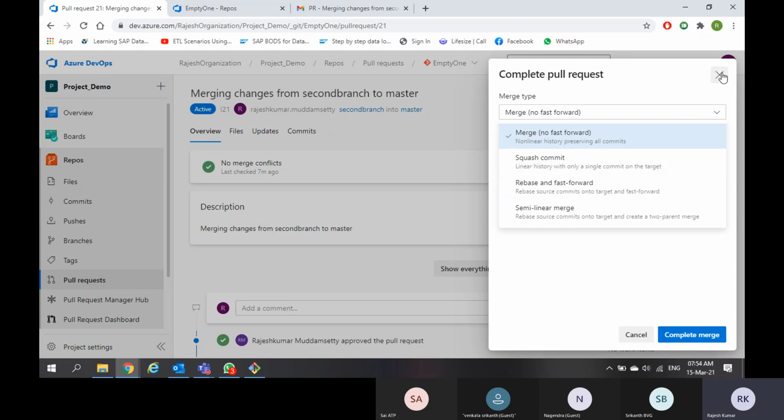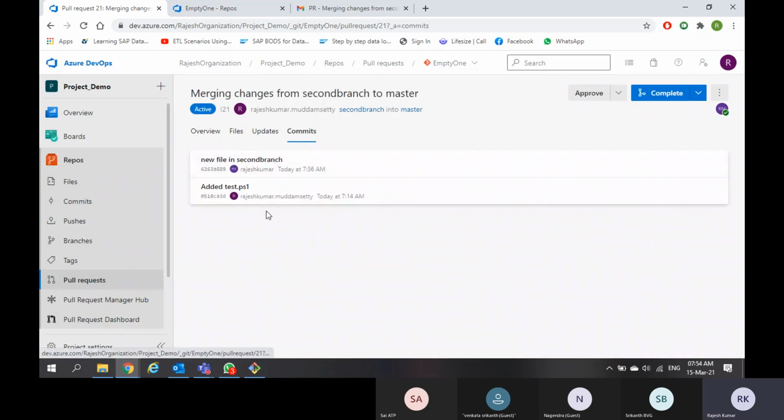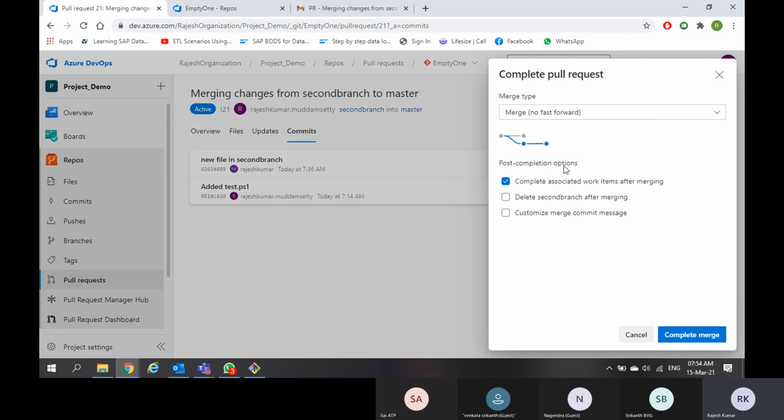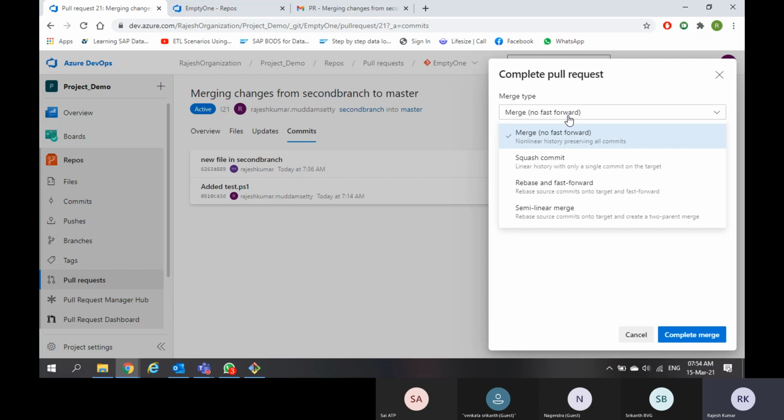If you remember, we have 2 commits here. When you merge, you will get 2 commits. But if you have 10 commits, you don't want 10 commits in master. These 10 commits will be integrated into 1 commit, and all the changes will come as a single commit. And then rebase.